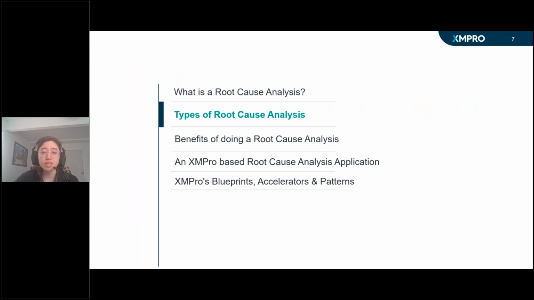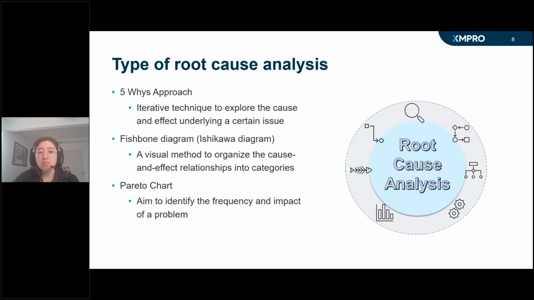Next, going into the different types of root cause analysis. So there are many, many types of root cause analysis. We're going to focus primarily on the ones that are of the cause and effect type analysis. I listed here 3 that are quite popular. The first is the 5 why approach. This is what our solution is loosely based off of, and we'll go into that once I launch into the